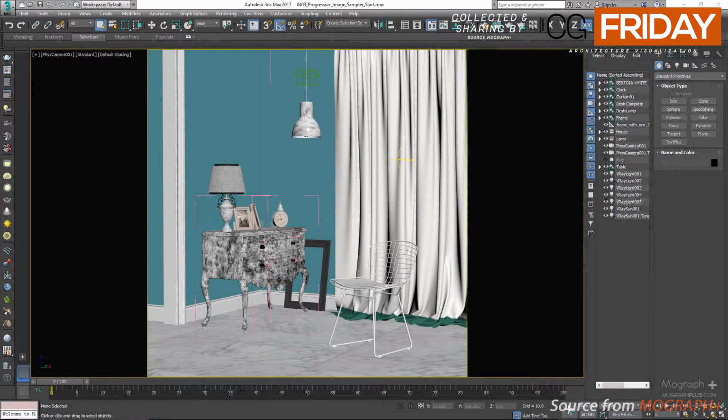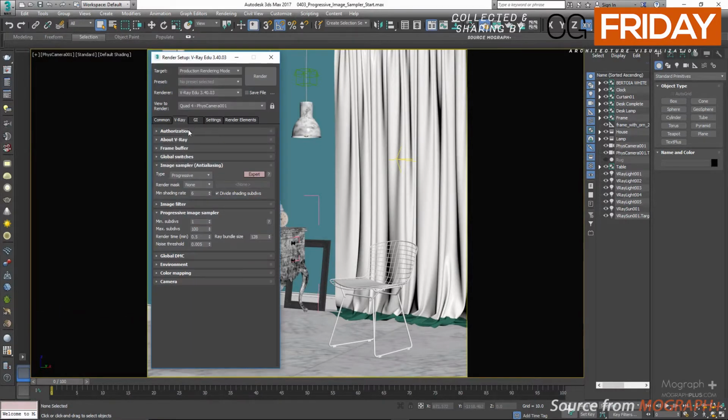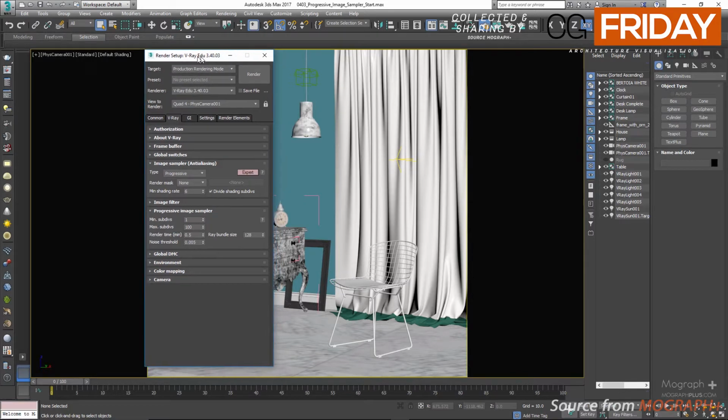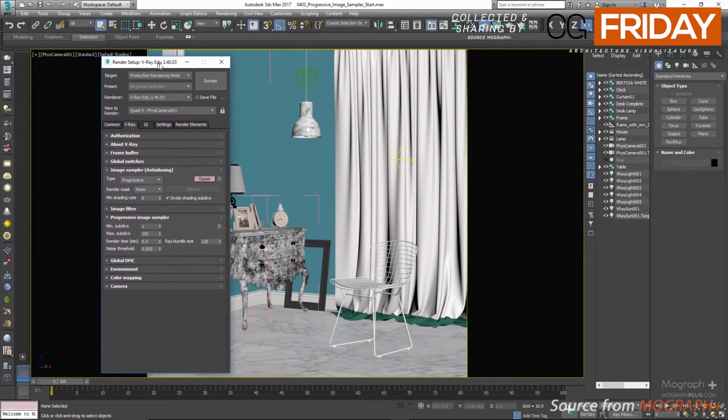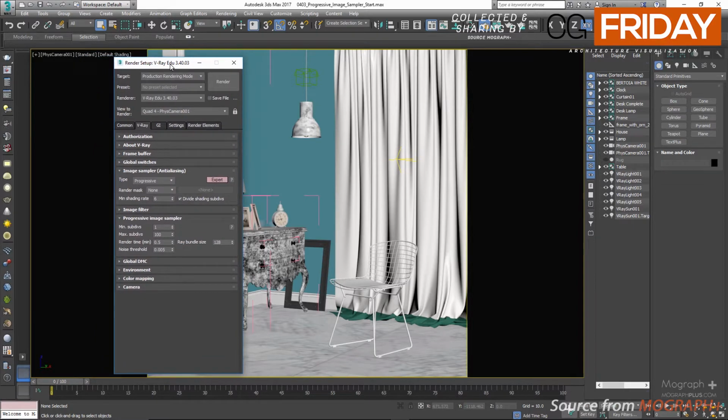In this video, we'll be taking a look at the progressive image sampler. Progressive image sampler is very similar to bucket image sampler, but instead of rendering the image in buckets, it renders the entire image progressively in passes. The main advantage of using progressive image sampler is going to be having a fast feedback. So instead of having to wait for all the buckets to render, you can see your entire image immediately after